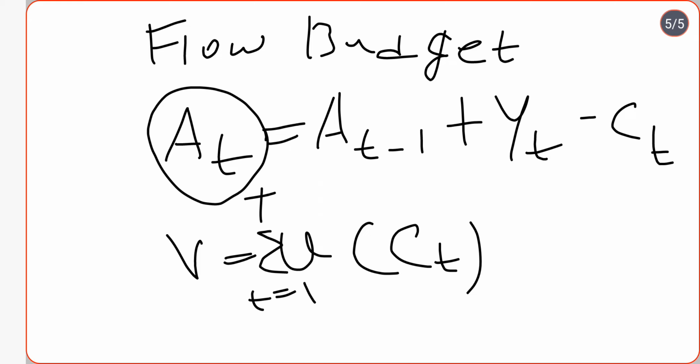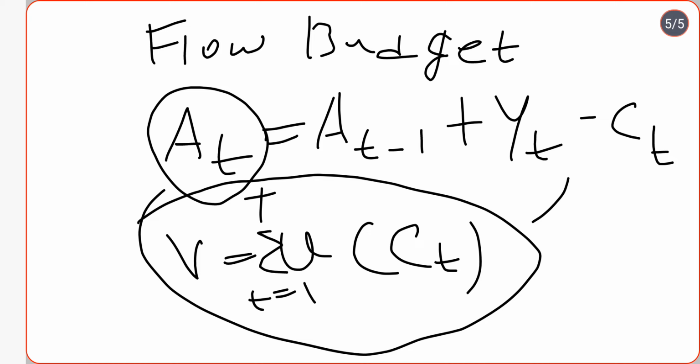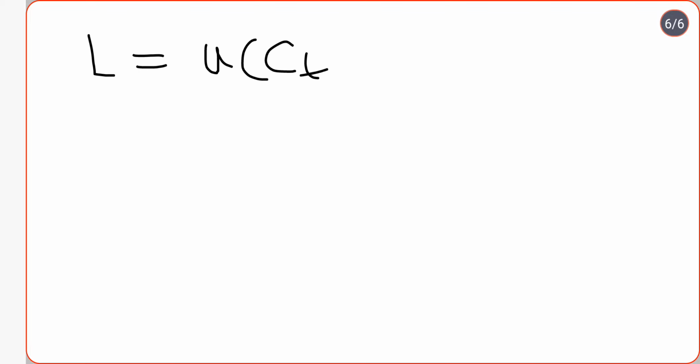Now we have to do the optimization of this value function with respect to this flow budget identity. So what we will do here, we will do the optimization. Suppose the function is L. Now at first we will write the value function, that is u of ct in the summation, and then we will write